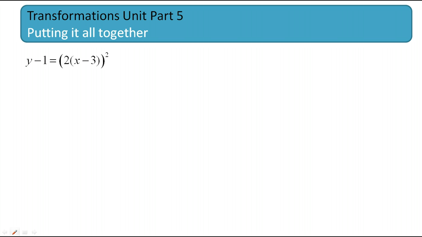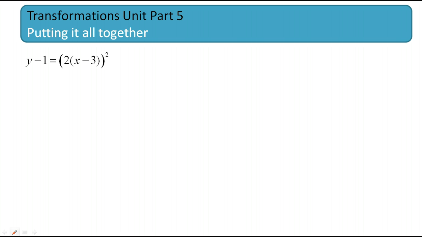On this first equation, you'll see there's a lot going on. We have x being subtracted by 3, and it also is being multiplied by 2. So there will be two changes on the horizontal as well as one change on the vertical, and that y